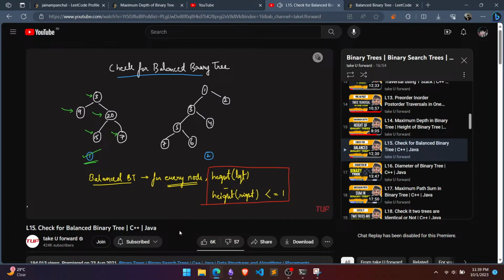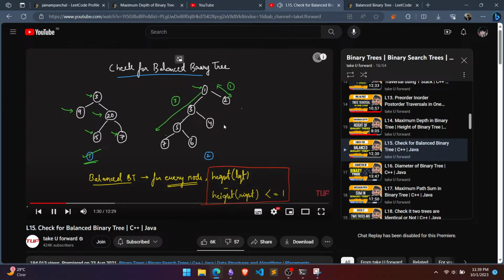But when I come to the second example, if I stand over here and I look at the right height, it is 1, whereas the left height is 1, 2, 3. So I can say the left height is 3. So the difference between them is